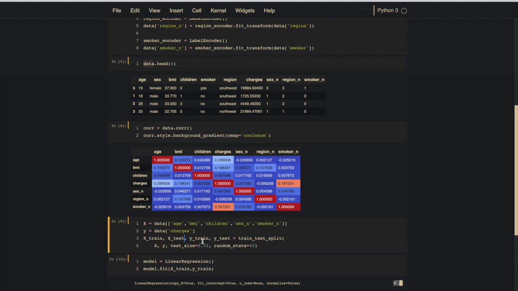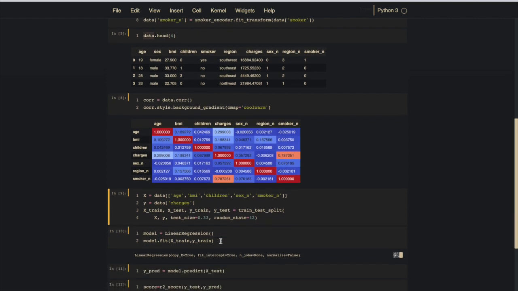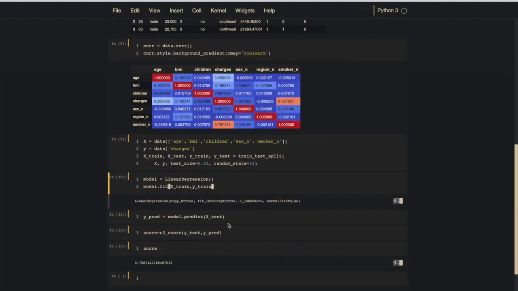We will do train test split with 33% as the size of the test set and 67% in the training set. We will fit the model and try to predict on the test dataset, and store the result in y_pred.